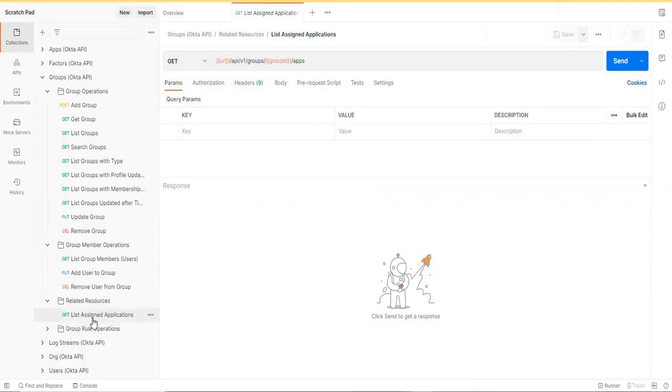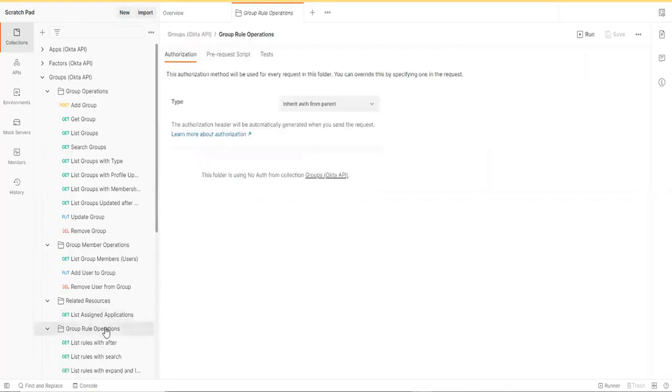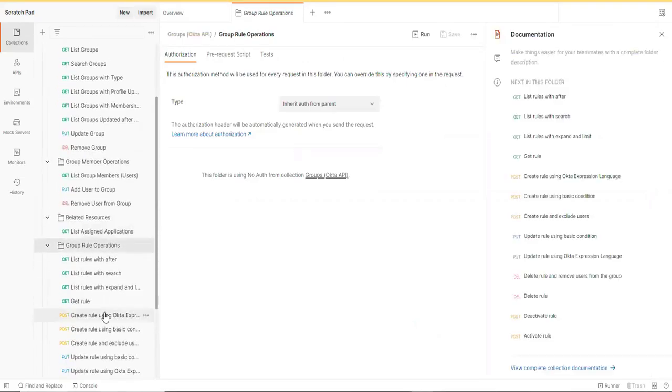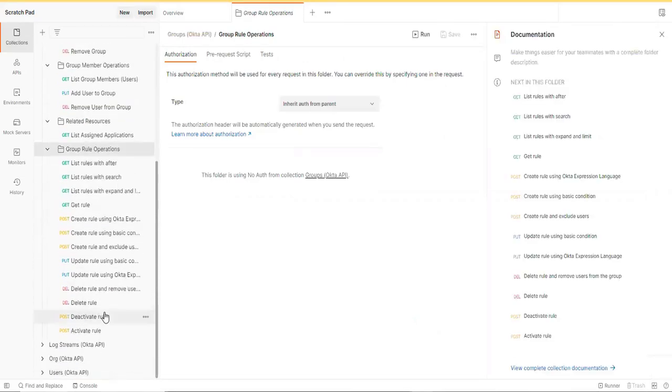For example, if you want to get the list of applications assigned to one group, you can get it from here. Group rules. If you remember, we have worked on the group rules, right? We need to assign a group rule so that the group will help you automatically do some provisioning for different sets of applications. Those operations you can also do.